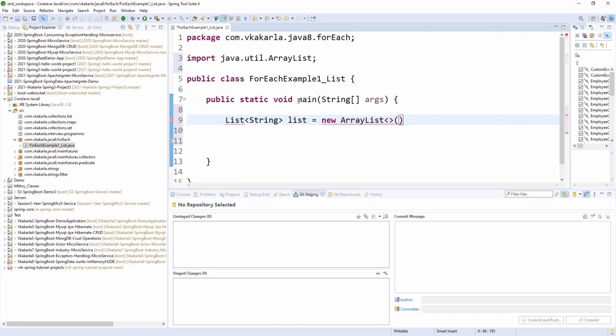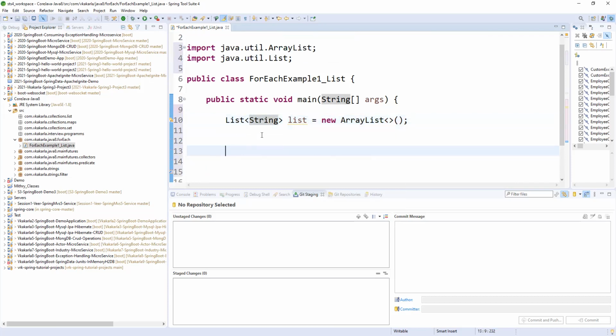From Java 7 onward, we no need to mention the generic data type explicitly on the right-hand side. One side is enough.